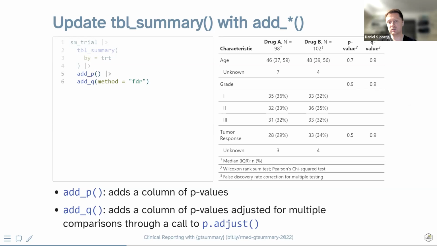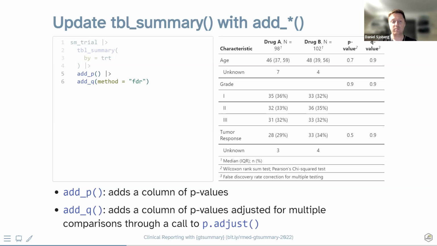But the question is, well, how did you compare them? So it has a footnote. If you go look down at number 2, it's saying, okay, Wilcoxon rank sum test. Okay, that's actually very helpful. If you continue down the line, you can see grade has also been compared between drug A and drug B. But you know that you can't use Wilcoxon rank sum test on grade. So you can look in the footnote and say, okay, well, Pearson's chi-square, that one probably goes with grade, and similarly for response. So the footnotes will tell you explicitly what is actually happening in the background, which is quite helpful.